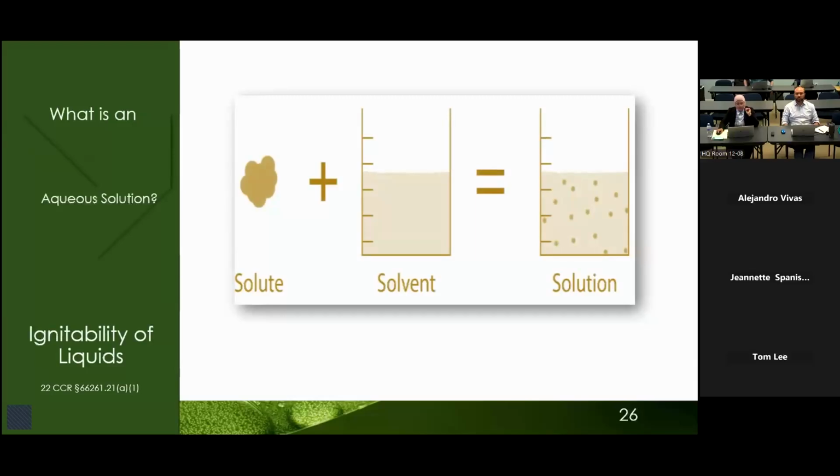To understand the term aqueous solution, let's start by defining what a solution is. A solution is a homogeneous mixture where one substance called the solute dissolves into another substance called the solvent. Essentially, the solvent is the substance that does the dissolving, while the solute is the substance being dissolved. For example, when you add sugar to your tea, the sugar is the solute, and the solvent for this sweetened solution mixture is the tea.